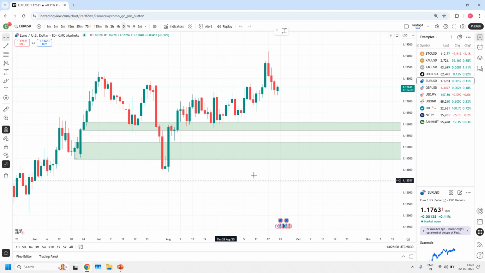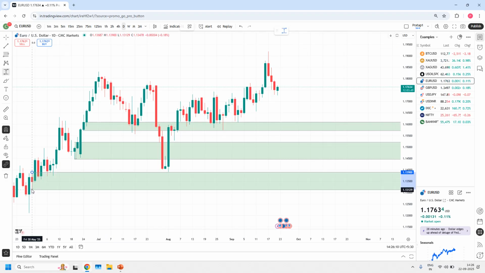Okay, we have two zones here. Maybe this is valid. Rally, base, rally. And all these are rejections from this zone. Prices are entering and pushing. Maybe the demand is strong in this zone. And now you see, by violating this first demand zone, the trend is changed to,